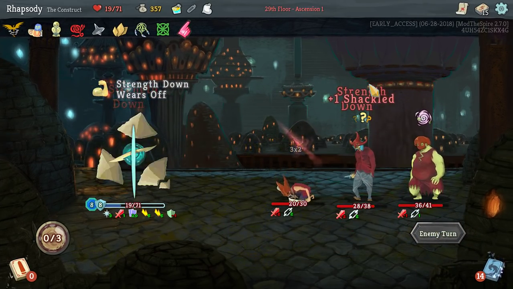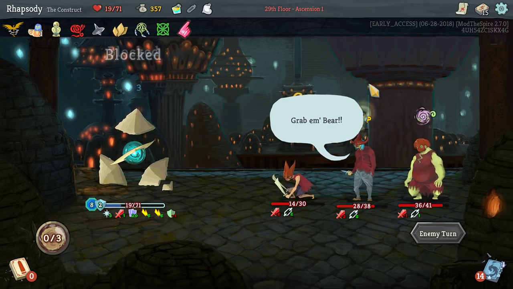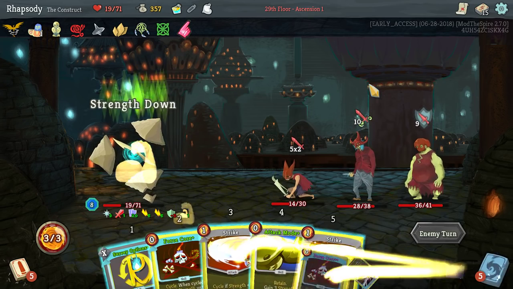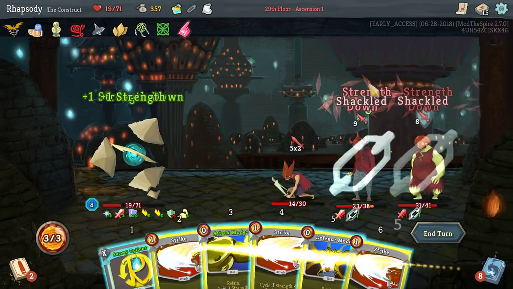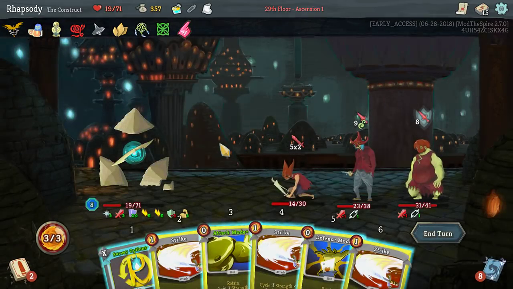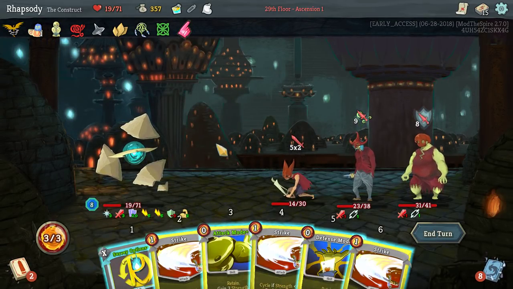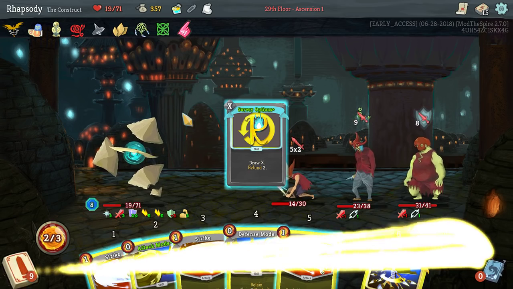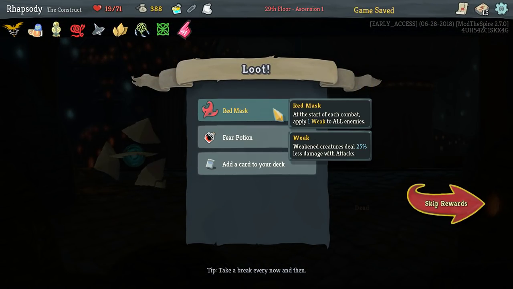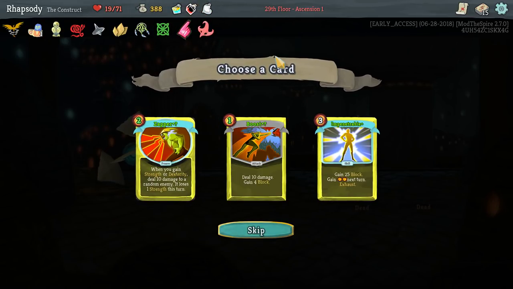You got me, game. You really got me. Come on, double draws. Wow, Synchronize never triggered. What garbage. Oh, fine. I'm going to Survey. It'll get me the mass production, and there we go. Red Mask. At the start of each combat, apply 1 weak to all enemies, as well as... I mean...